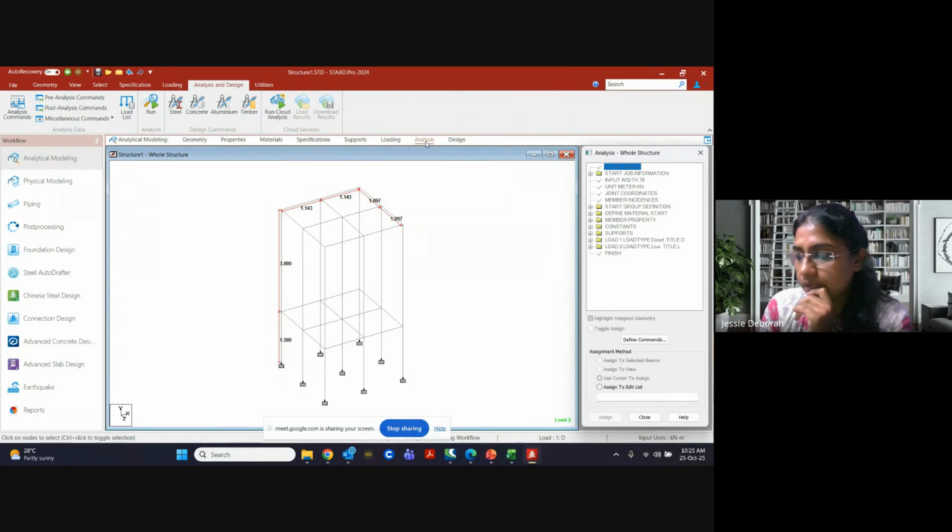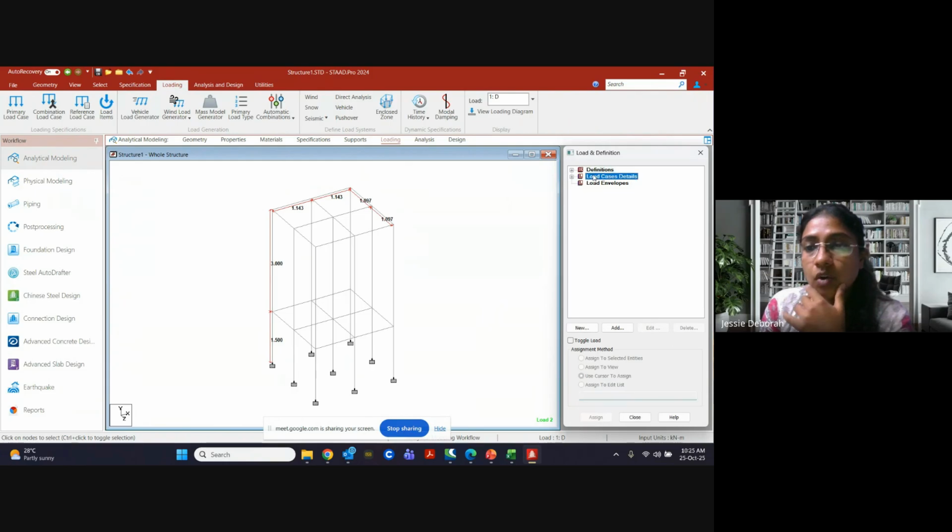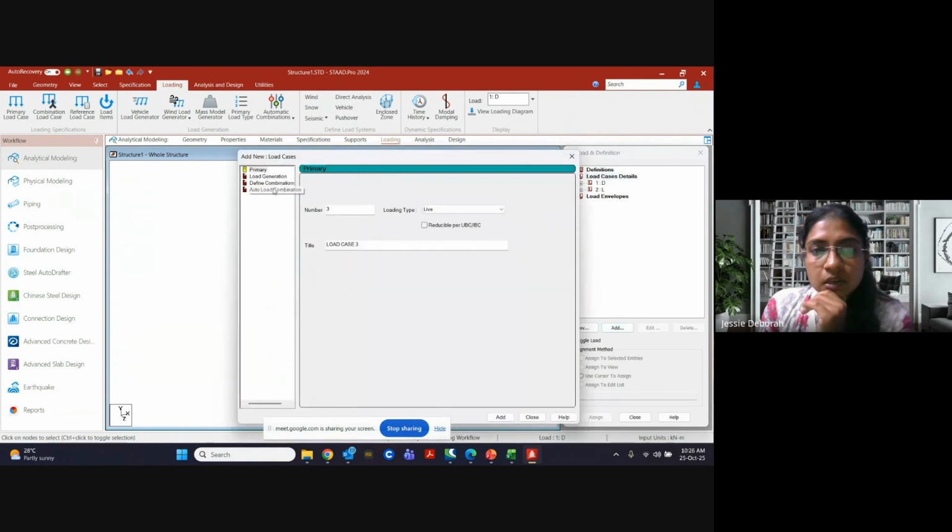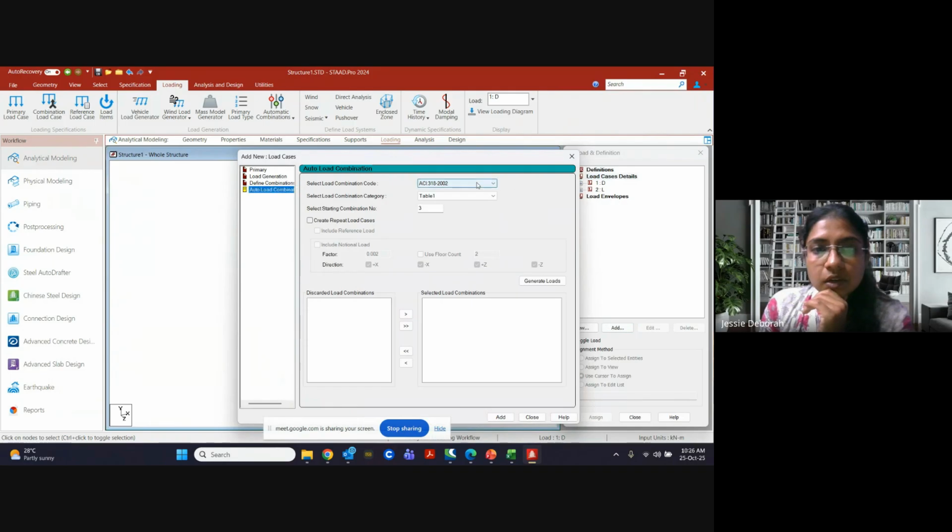Okay, before that we have to select load combinations. So add automatic load generator. We will go and select IS, generate loads, add, close.